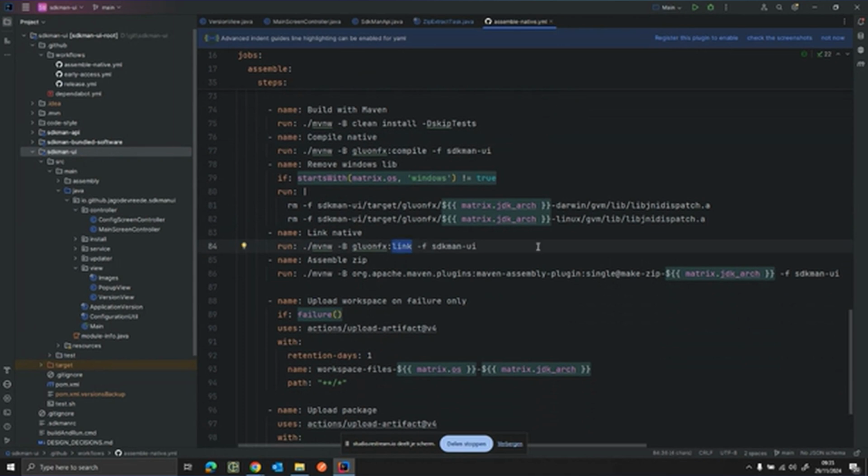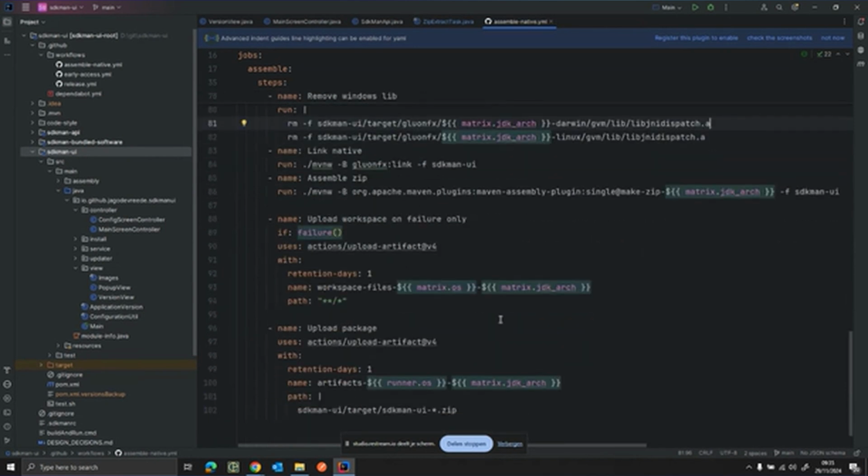I have seen these being called in one command, so GraalVM compile and GraalVM link, but you need a step in between to do the cleanup, I guess. Yeah, you can actually call GraalVM build. That will call compile and link right after each other. So there's no need to reinitialize Maven. But like I said, I need to remove these. And then I just zip it, upload it, and JReleaser takes care of the rest and uploads it to the